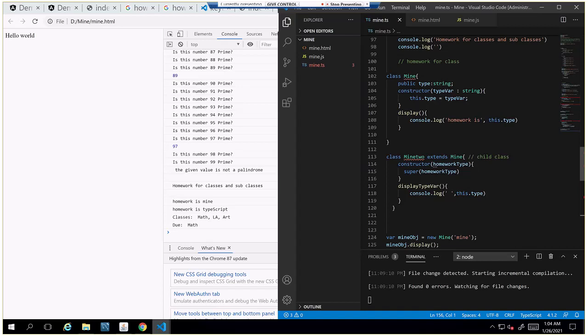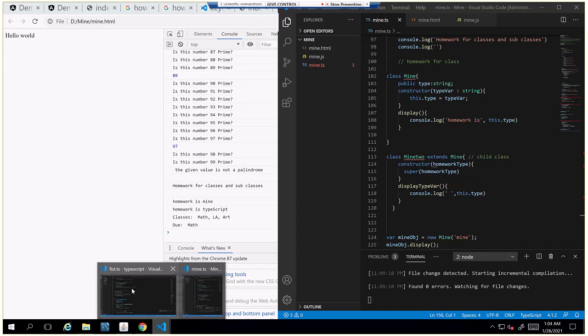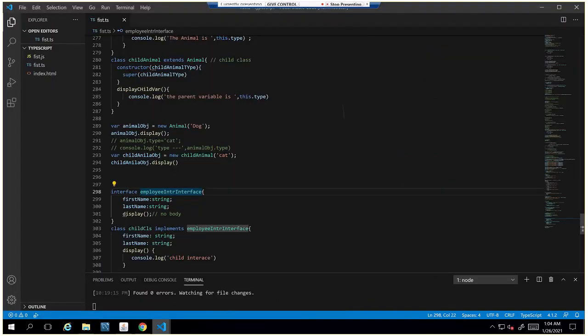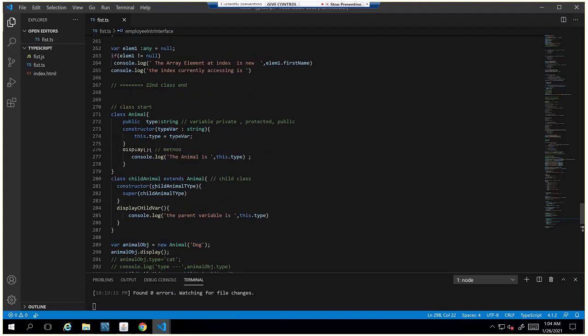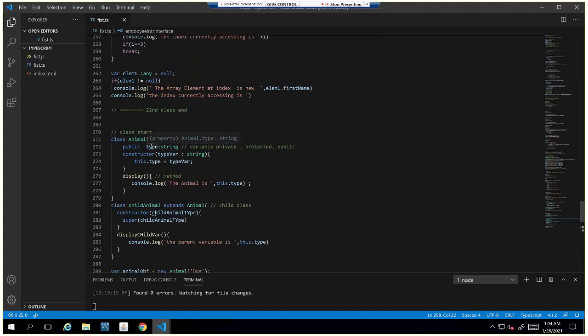Mar, yesterday I explained about the class and how to create a class and methods inside that class, and what the different access modifiers we can specify for the variables, like private, protected, and public, so that the variables and methods will be available for the subclasses.